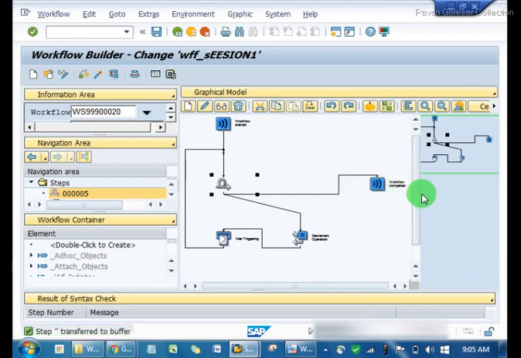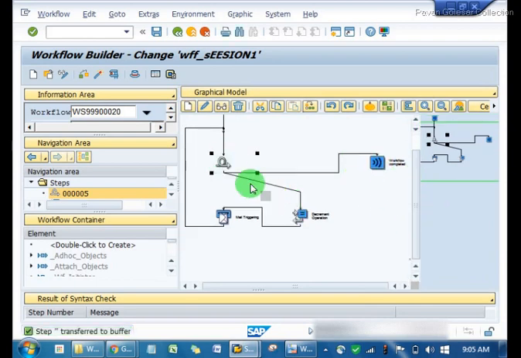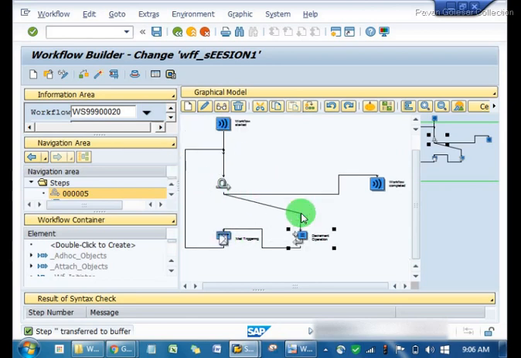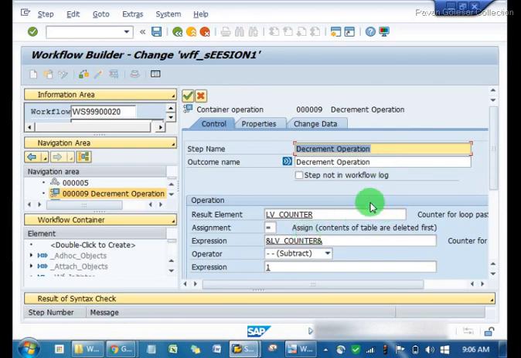I'm just going through that again. So once we go for no, the value is not 0, so it will go again for the loop. It will decrement the value first. Since we have entered into the loop, we have to decrement it. So in the decrement we are utilizing container operations.